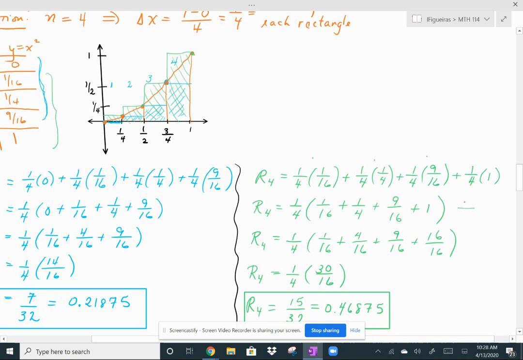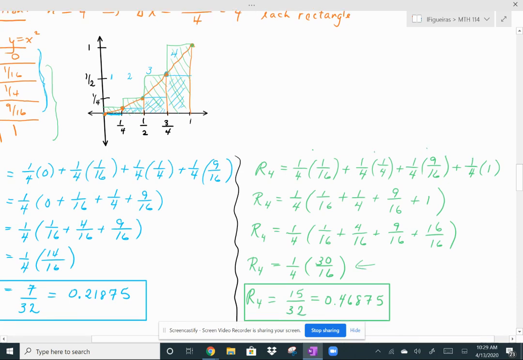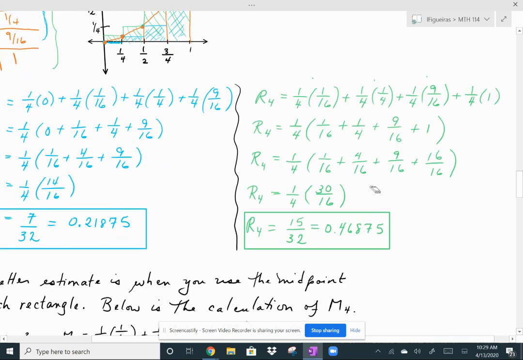So I have 1/4 times 1/16 plus 1/4 plus 9/16 plus 1. Then I got a common denominator of 16 in this line. When you add, you get 1/4 times 30 over 16. Simplify, that gives you that r sub 4 is equal to 15 over 32, which is